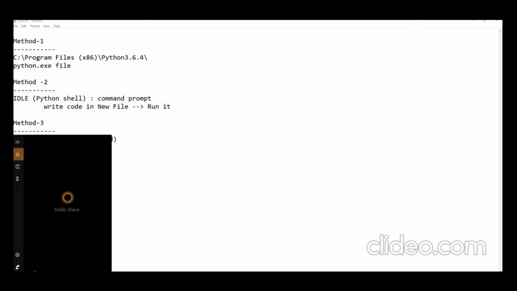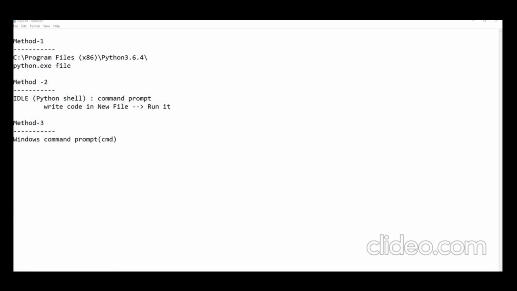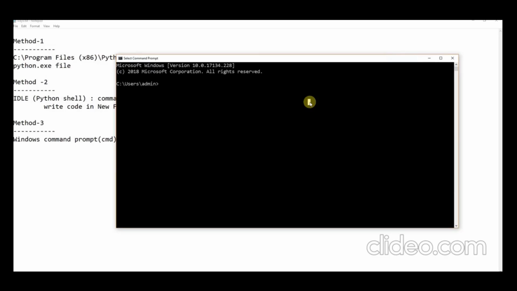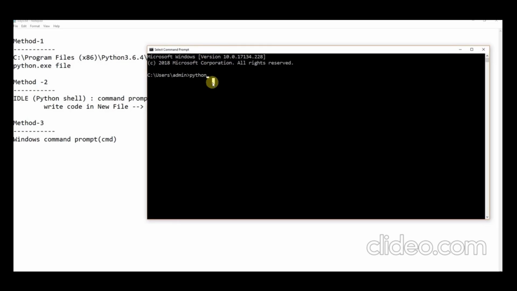So this is your command prompt, and in this command prompt I need to type a command called python. Okay, so this is the command I have to write. Once you have written python, just press enter, right? Yeah, now it is giving the version number and all. But if you don't configure the path in the environment variable, it will give you another message like the python keyword is not recognized as an internal or external command. So that kind of error you will get. So before executing this command, you need to configure the path in the environment variable. That's the first thing you have to do, right?